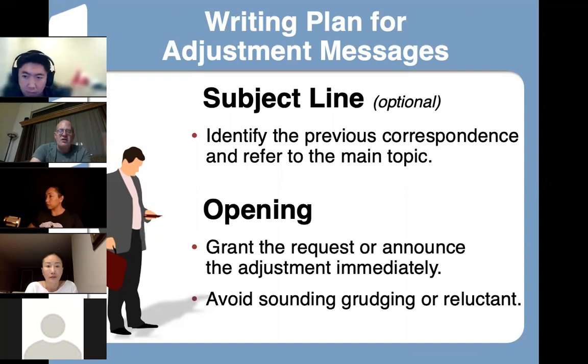And you want to sound happy to do it, right? You don't want to sound like, oh, geez, it's such a pain. And man, it's going to cost us a lot of money. And, I hate that fact that you're whining to me about your problems, but yeah, I guess we'll do this. That's totally the wrong tack to take.